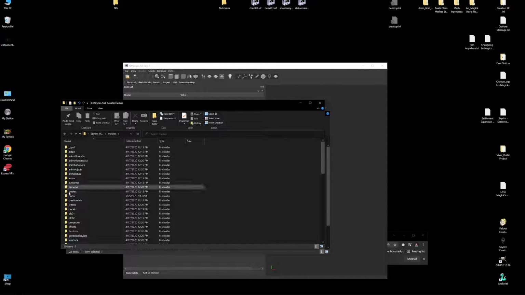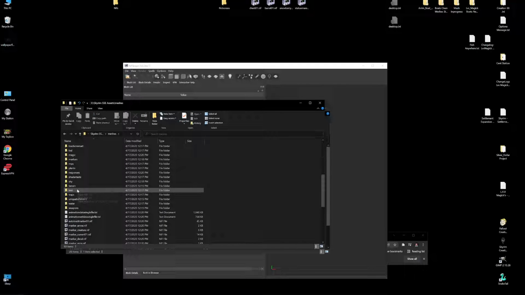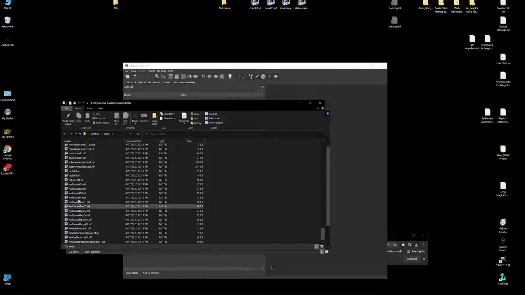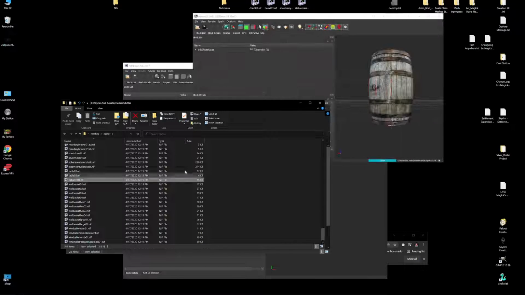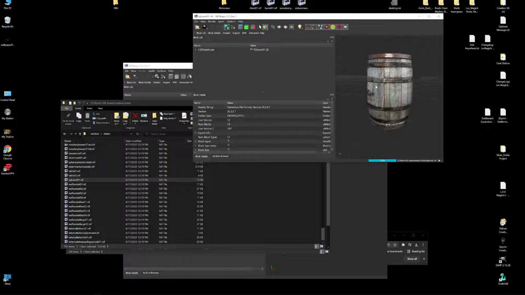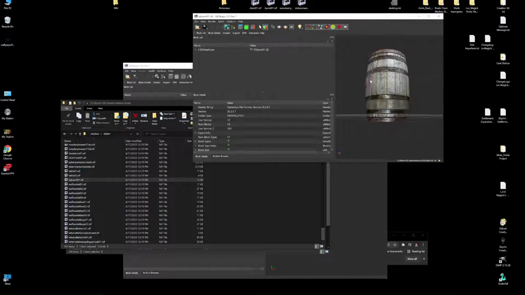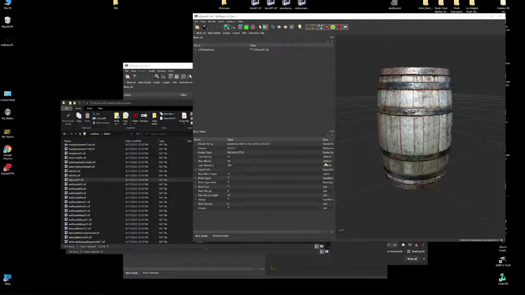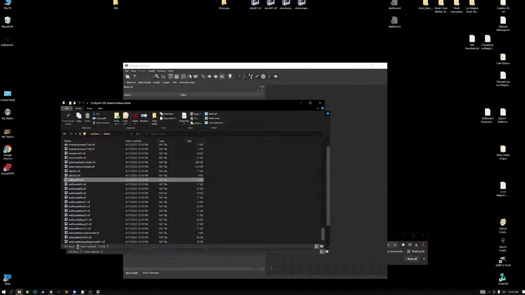So I have the meshes, and they're all put in here. Usually go to clutter. That's where 90% of the NIFs you're going to want to work with are. You can click on them. We're actually going to be using a barrel, but they pop open like that. It's not very sophisticated. So let's start our NIF.